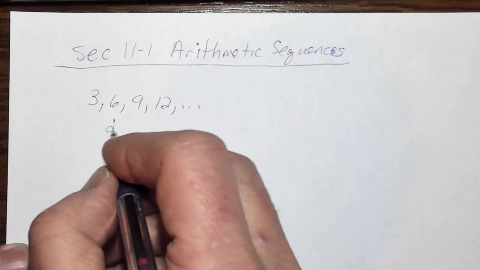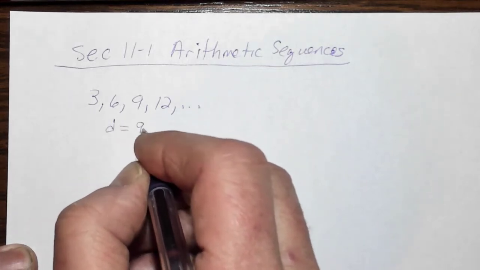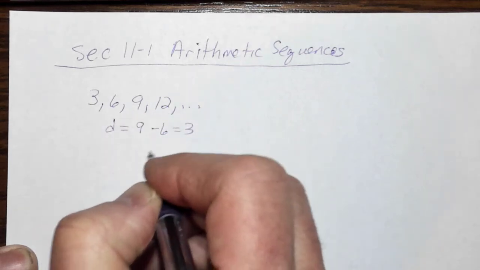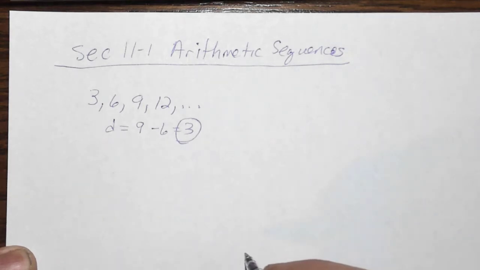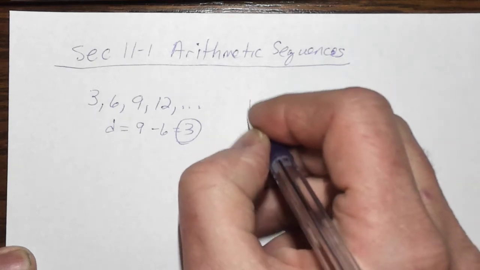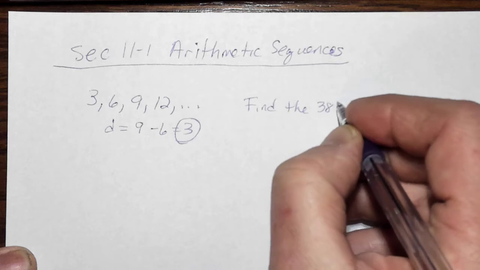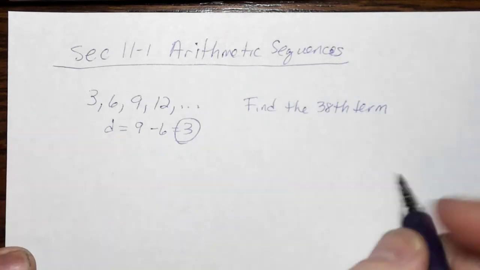So I know that the common difference, we'd find that again by taking a term, pick 9, and subtract the term in front of it. So we know that the common difference is 3. Let's say, for instance, we wanted to find the 38th term of this sequence. So we want to find what number comes